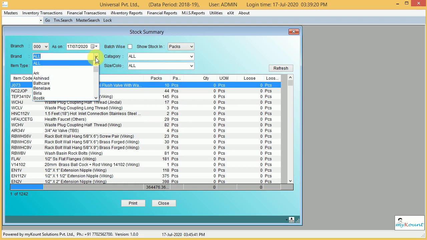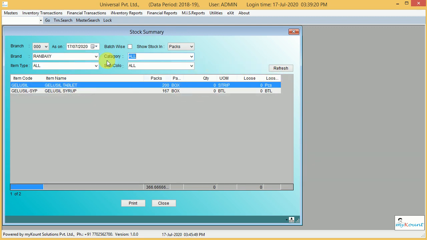For example, when we are looking at pharmacy stocks, pharmacies usually maintain batch wise. So here when we see consolidated stocks, it has shown 200 boxes and 167 boxes. So I kept it at pack, so I see default.